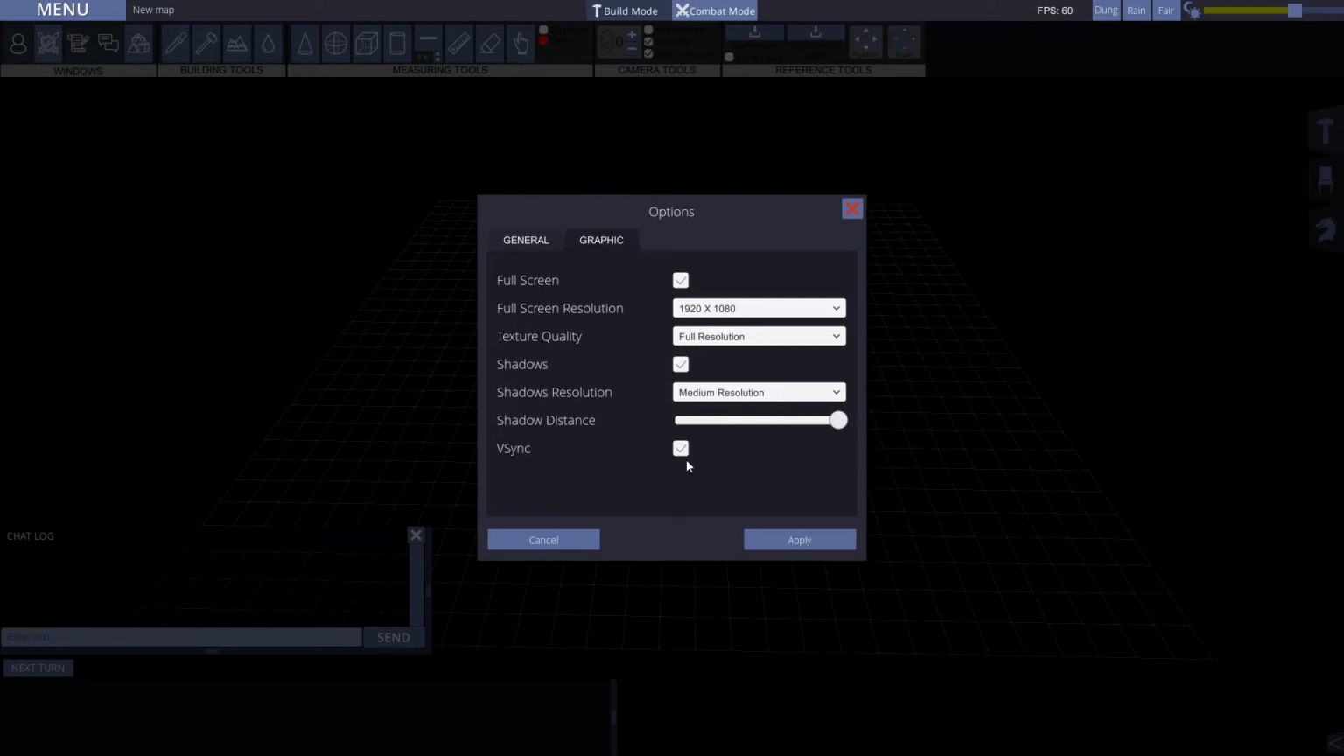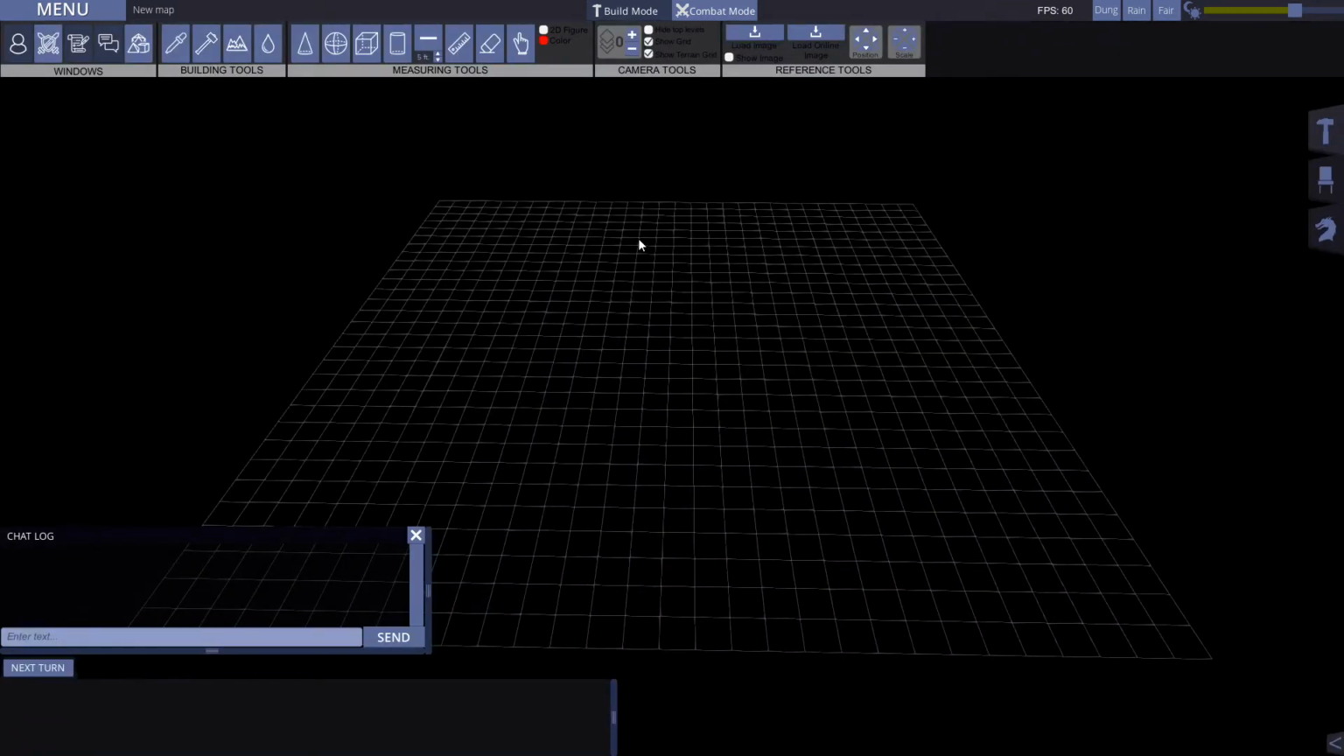VSync, I personally like having this on. Every now and again, depending on how large the map you make is, how dense all the objects are, and how many lighting effects you have, your FPS may dip and you may encounter screen tearing. So having VSync on will really prevent you from perceiving those artifacts from screen tearing. So I click on apply, and with that, we have